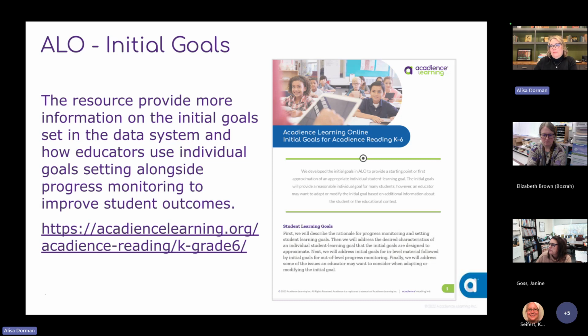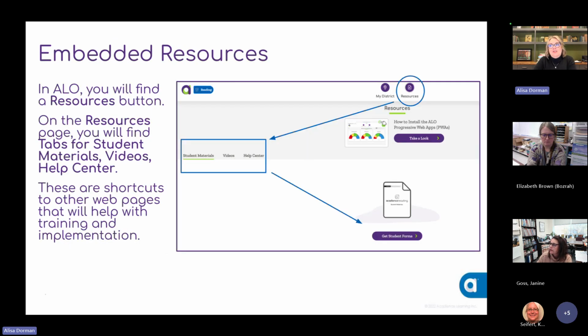And then we wanted to make sure that you were always remembering that inside of ALO, we have a resources button at the top. When you click on the resources button, it opens and expands 3 tabs. One where you can get to the free student materials for downloading. That's for progress monitoring as well as benchmark. You can get to videos that show you how to administer the measures inside of ALO if you're new to